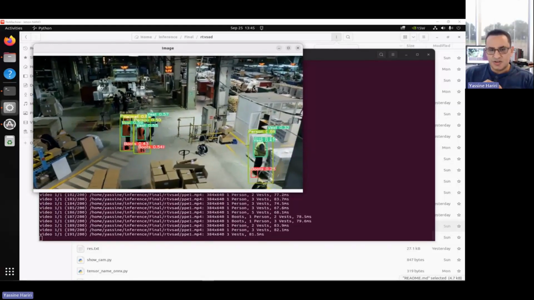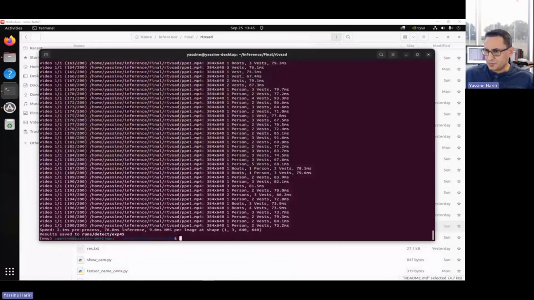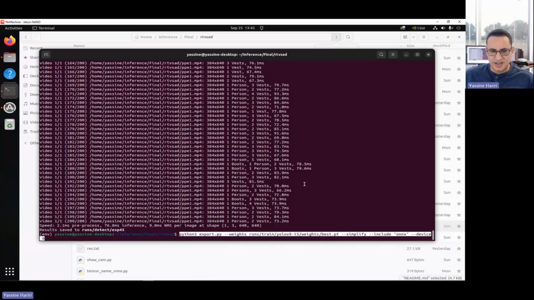We are going to use TensorRT. So the first thing we need to do is convert. I'm not going to run these commands because they take forever. I'm just going to explain them. This one exports the best.pt to an ONNX version of it. This allows you to run the ONNX version on Jetson Nano or on any other platform. I have the ONNX already generated, but the most important one is this one. This one translates the ONNX model, the result from the previous command, to a new file, which is the engine, best.engine. The best.engine is the optimized version of our model, and this is the one that we obtained